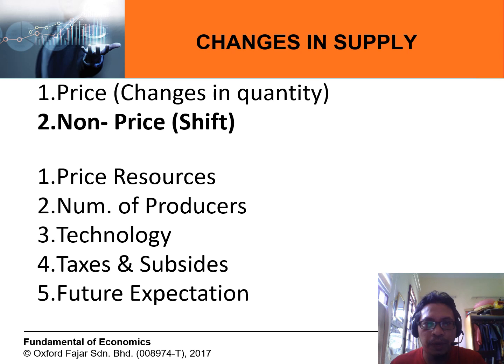Expectations about the future price, the price of resources, tax increases or decreases, taxes and subsidies, tastes and preferences, income, and so on can affect the supply. For example, if news says that the price of oil will increase next month, producers may tend to increase production in the current month because they don't want to produce more in the following months, when the cost of producing will get higher. All of these factors